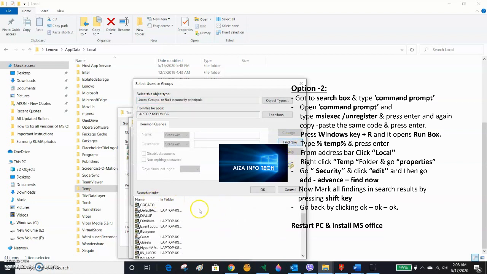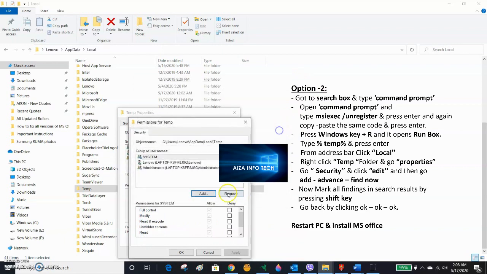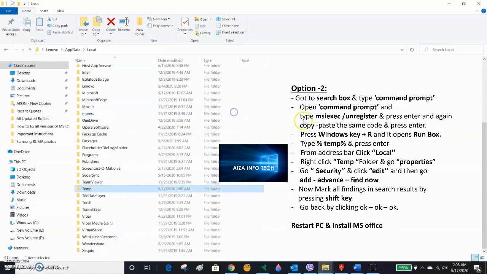You can see lots of search results coming. Pressing the shift key on the keyboard, you mark all these. By drop down list, then click OK, then OK, and again OK, and close this.